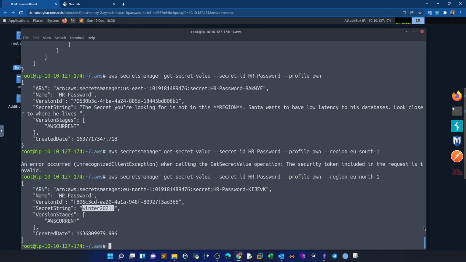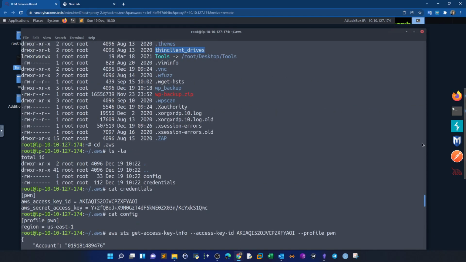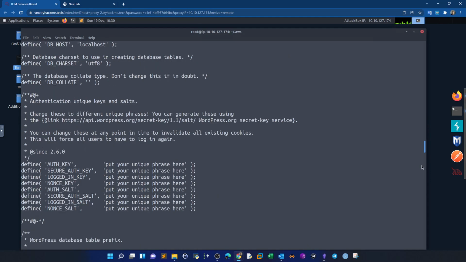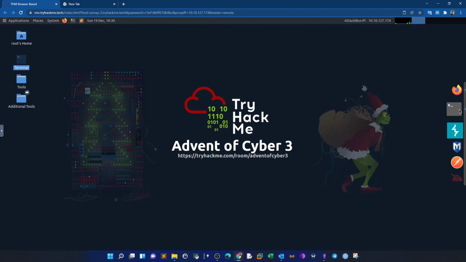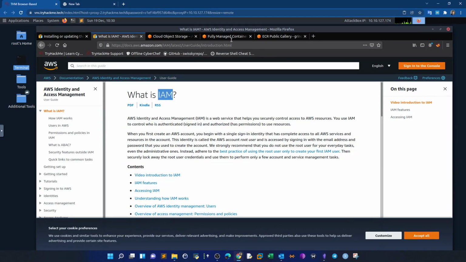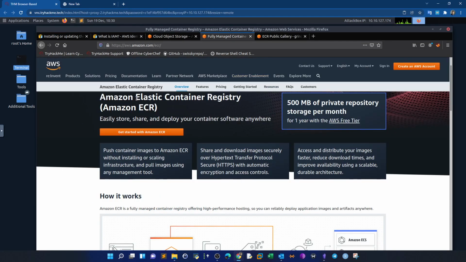All right, so that is a glimpse of AWS enumeration of the resources. We have talked about AWS buckets and AWS IAM. Now we're going to talk about the last part of this video, which is ECR. ECR is the Elastic Container Registry, which again contains the container images. Now, most of the time, the containers are stored in Docker or are